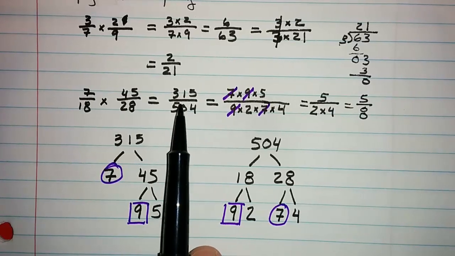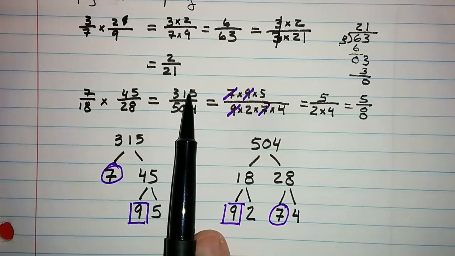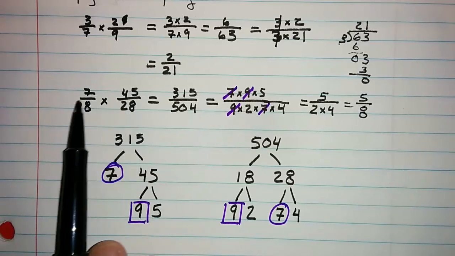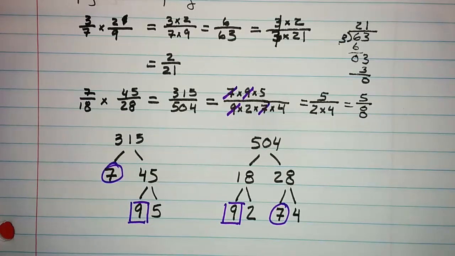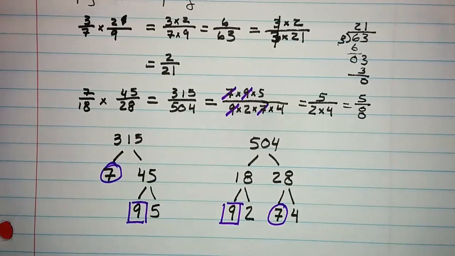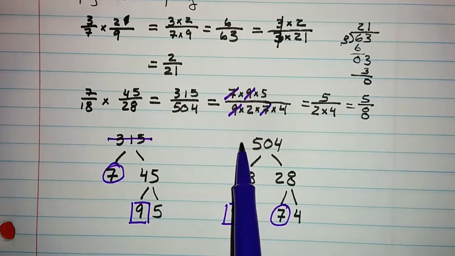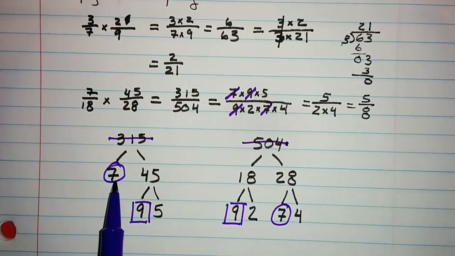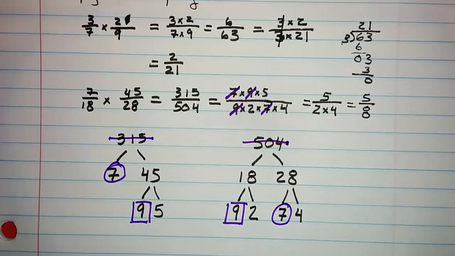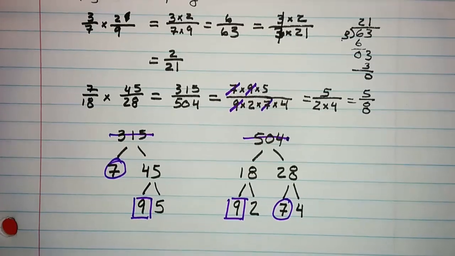And we didn't have to go through a lot of really hard work factoring 315 and 504, because we already knew two numbers that we could multiply in order to get them. In fact, we didn't even need to know about 315 or about 504. All we really needed to know was 7 times 45 and 18 times 28. So if I asked you to multiply